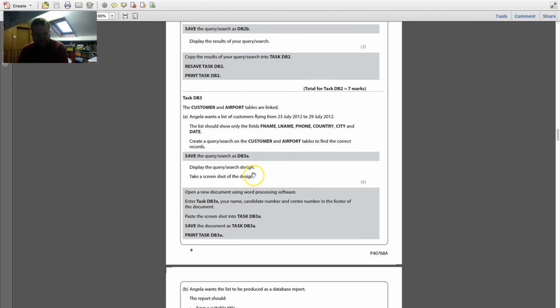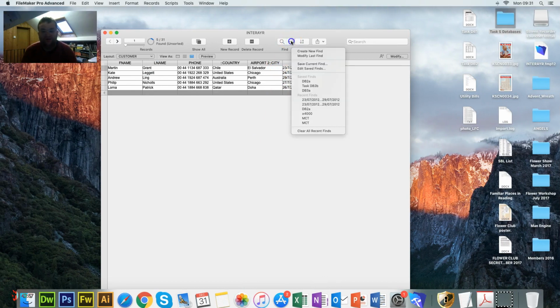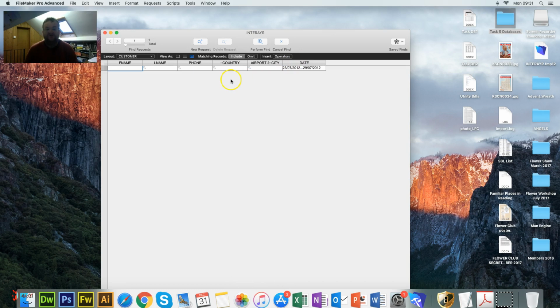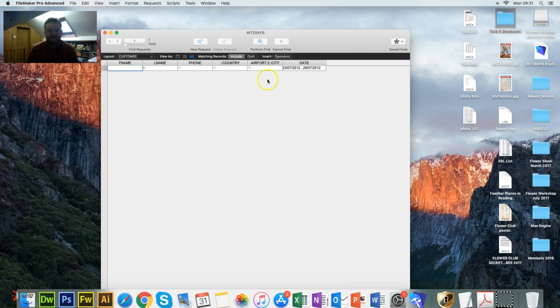Display the query design and take a screenshot. Okay, so then I go back to find. I modify my last find. So now I should see those 6 fields. Okay, and I take a screenshot. So Shift Command 4, and I take a screenshot. There we go. Like so. That will basically be what you're going to put